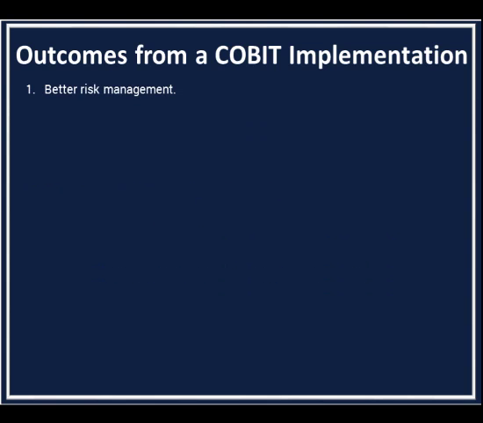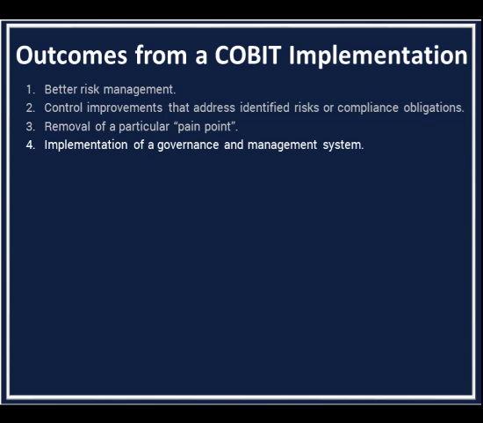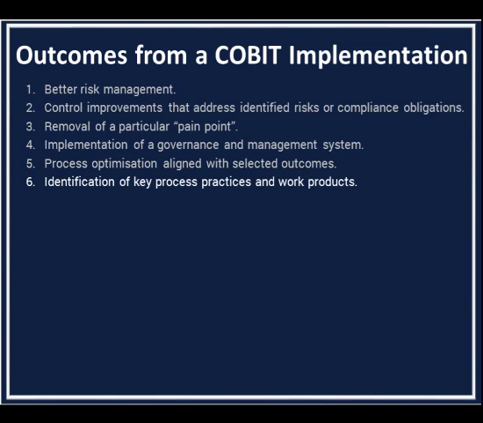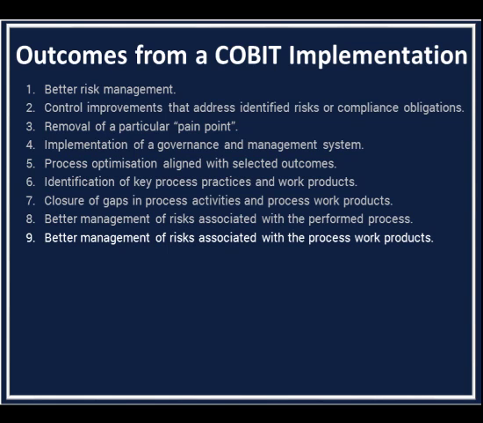Possible outcomes from a COBIT implementation include better risk management, control improvements that address identified risks or compliance obligations, the removal of a particular pain point, the implementation of a governance and management system, process optimization aligned with selected outcomes, the identification of key process practices and work products, closure of gaps in process activities and process work products, better management of risk associated with the performed process, better management of risk associated with the process work products,